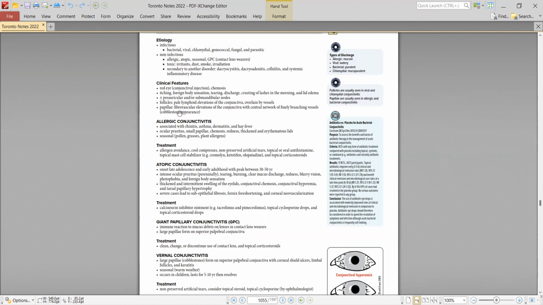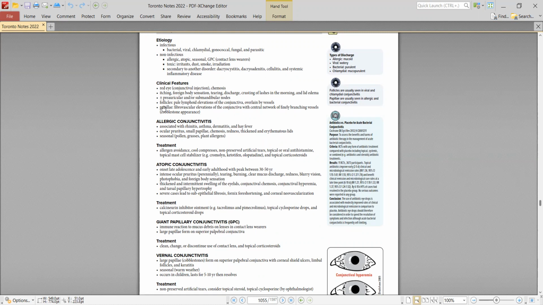So conjunctivitis means redness of the eye. Conjunctival injection is there, chemosis is there, itching, foreign body sensation is there, discharge from the eyes, crusting of the lashes in the morning. In conjunctivitis mostly the eyelashes stick together in the morning and the lid